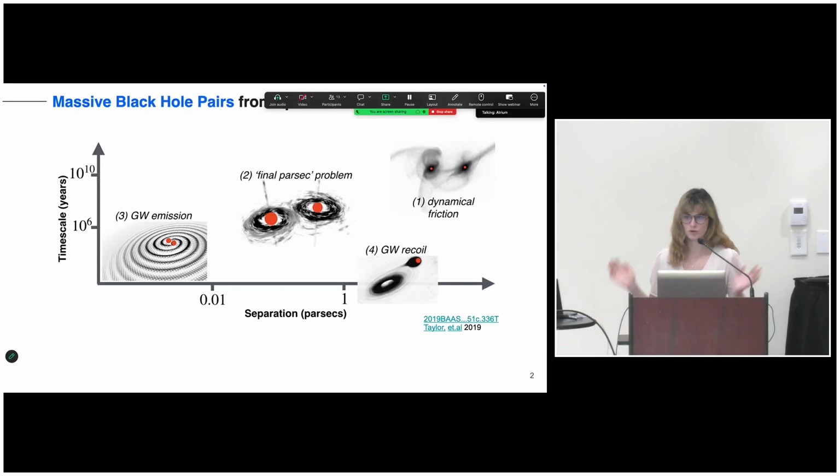So we know that galaxies merge, and we know that most massive galaxies host massive black holes at their center. So in principle, those black holes should also merge. And in principle, there is an evolutionary path that they go through, starting from galaxy scale separations and then becoming bound binaries and eventually merging and emitting gravitational waves. However, the problem is that in observations, we cannot observe this as one sequence. Instead, we see distinct pieces, each happening on different scales and requiring different sets of